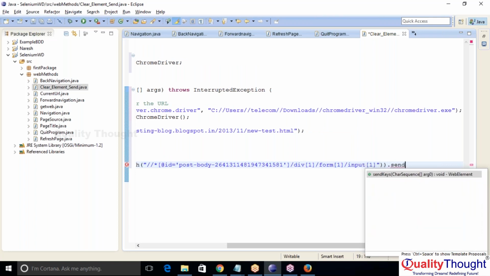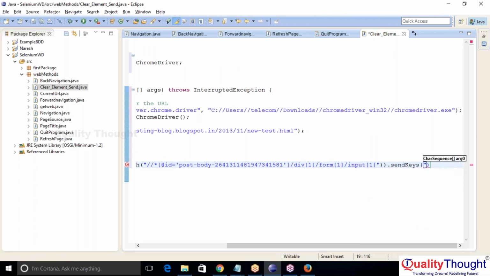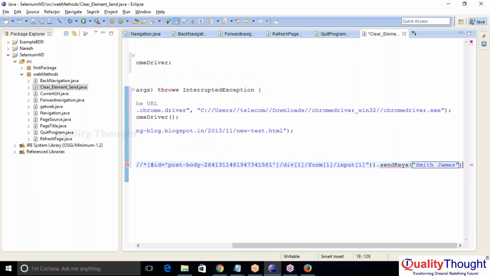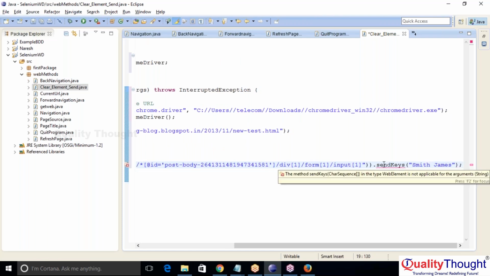Into that particular field, I need to pass the data. Send keys. What is the data that I need to pass? I want to pass the name called Smith space James. Semicolon. I am seeing an error with send keys. If you are seeing such type of errors in your system also, make sure that the version needs to